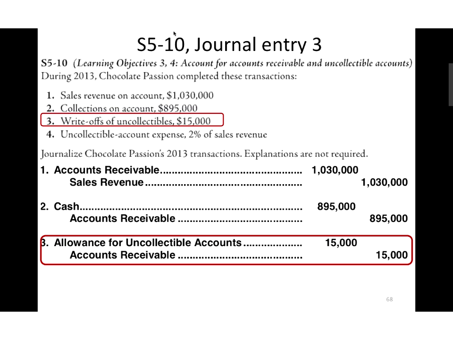Okay, write-off of uncollectibles. This is saying we know this account has gone bad, or these accounts. So maybe these are accounts that have declared bankruptcy and there's no money left to pay us. So what we're doing is we're taking that out of our allowance account by debiting it, and we're taking it out of accounts receivable. So when we have an account go bad, like bankrupt, it doesn't impact our financial statements because we've already recognized that as part of our estimate.